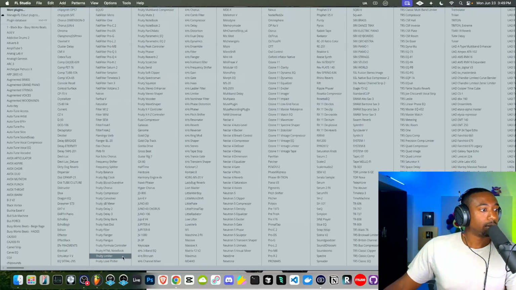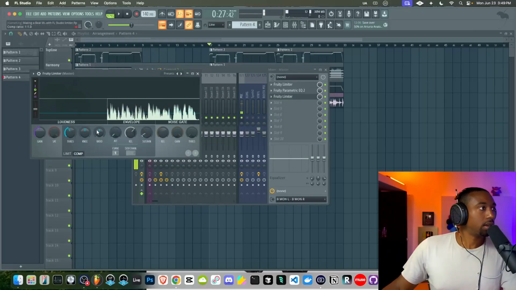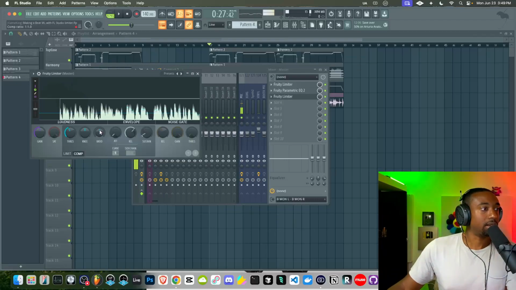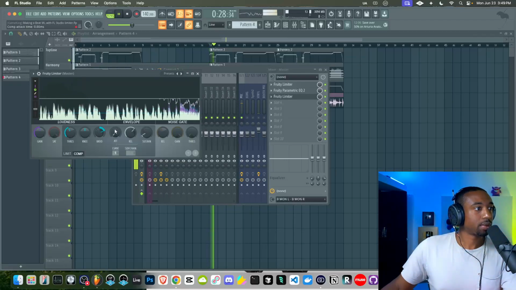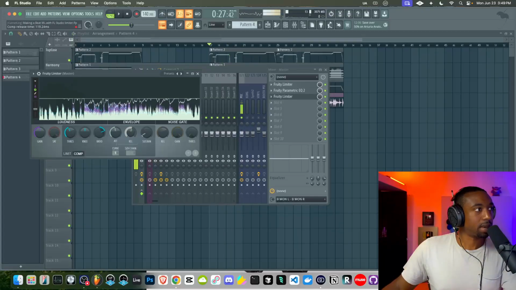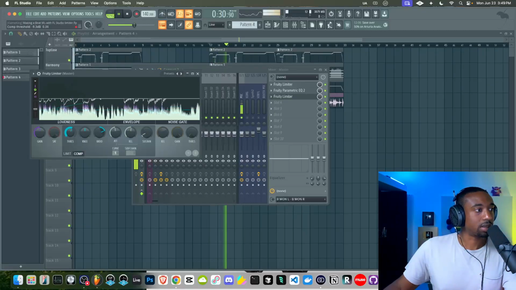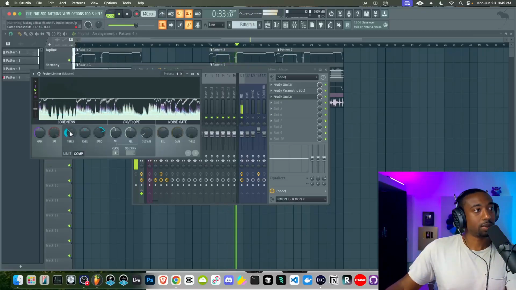Now the next Fruity Limiter is going to be a compressor. Let's go to the compressor mode here. Let's pull down the threshold, and I could compress or I could expand. Let's first just try compression. Let's just increase the attack to about 30 milliseconds here. The release time, let's pull it back to about 100. And we're going to mess with the threshold until we can hear the sound.